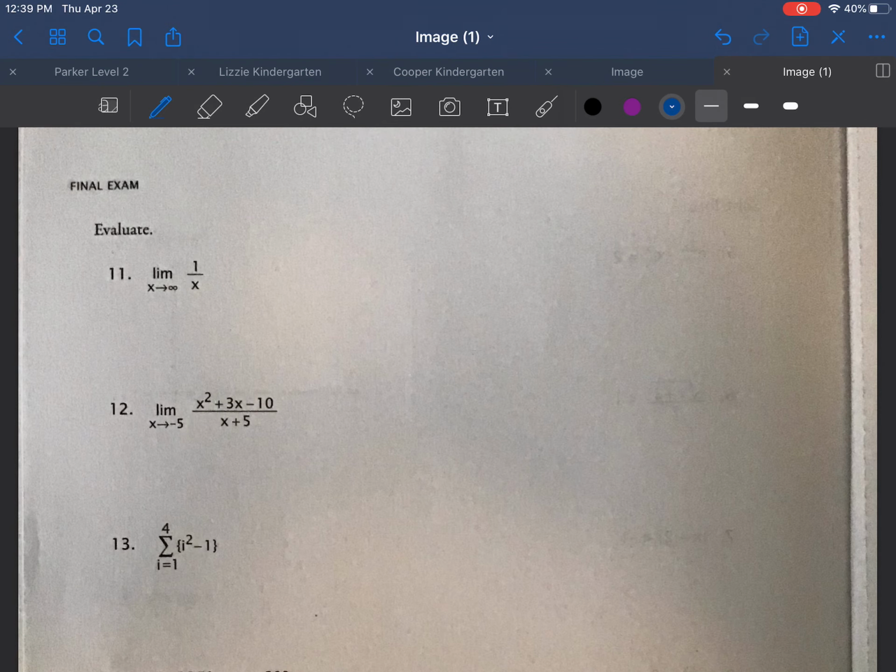So here, with 1 over x, like we talked about in the limit video, you need to understand what that parent function looks like. Okay, it's these curves. We have asymptotes along the x and the y-axis, so it's never going to touch either axis. So as you think about the limit as x approaches infinity, my graph kind of comes down and goes out, and it's going to continue to go this way and approach 0. It won't ever touch 0, but because it's approaching and getting infinitesimally close, we're going to say that limit equals